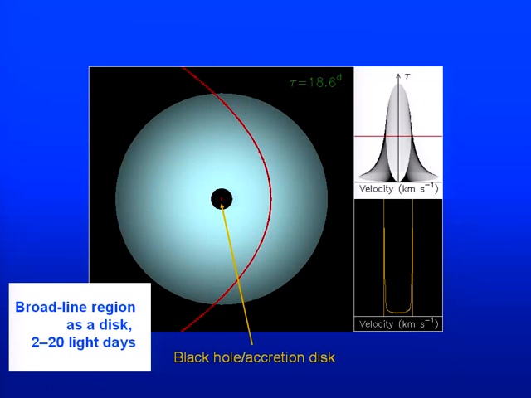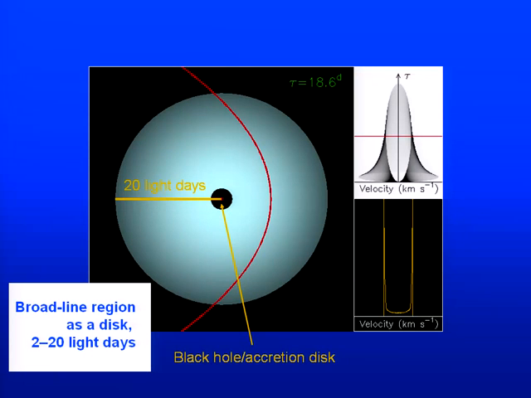Now, if we set off a flash bulb, an ionizing photon flash bulb at the center of the AGN, and we watch all the continuum photons propagate out, we will see that about 10% of them get intercepted by broad line clouds and are instantaneously reprocessed into emission lines, and then we can assume that these are emitted isotropically, or however you would like. And some of them then head off in the direction of the observer. Now, at any given time, the locus of points that the observer sees responding are located along a surface